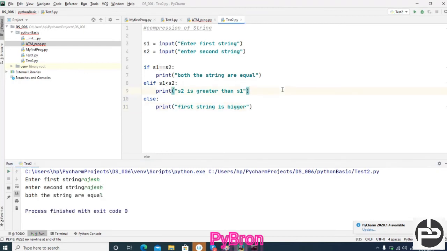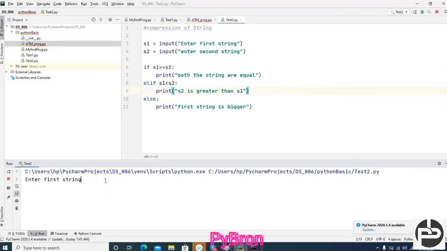Now let's run this code again, first string is Ramesh, and second string is Rida Fatima. Now S2 is greater than S1. Correct. So string comparison we can also do.